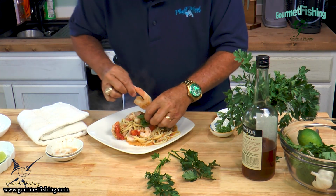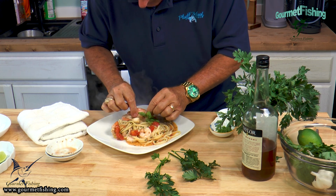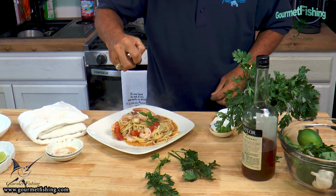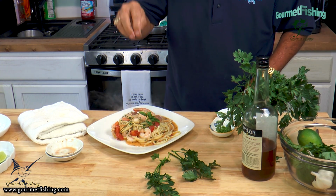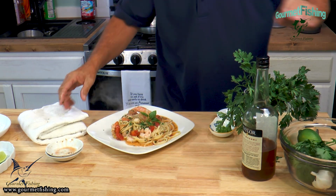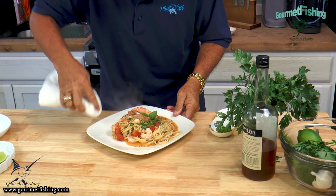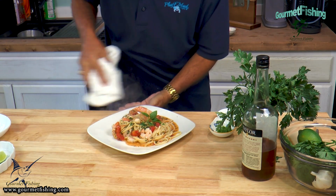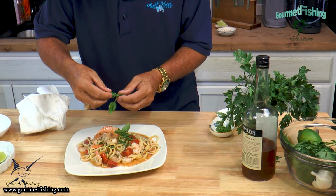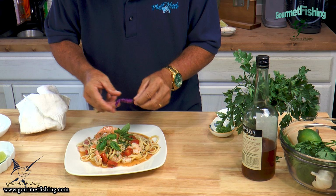Boom. Come in with our jumbo shrimp. Push that guy right behind him maybe. Just like that. And a little bit more of our parsley. That's okay. But there it is. Check that out. Unbelievably quick and simple. Boom. Just like that. You know what? We'll add a little bit more like this. And you know what? Just for